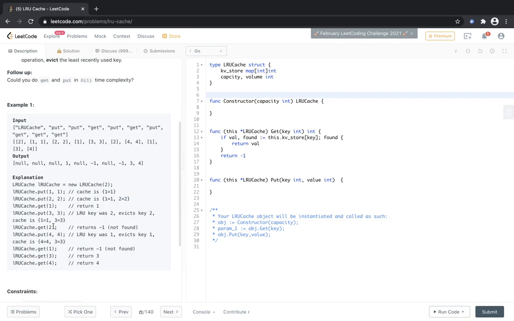in our map. Now get 2 will return us -1 because no such value exists, and put 4 comma 4. Now we need to put 4 comma 4, but again, what is the latest value that was in use? It was 3 comma 3 because we just put that value in the very last operation. So this 1 comma 1 was used before that, and it automatically becomes the least recently used value, so we will evict that. And now we have 3 comma 3 and 4 comma 4 with us in the map,